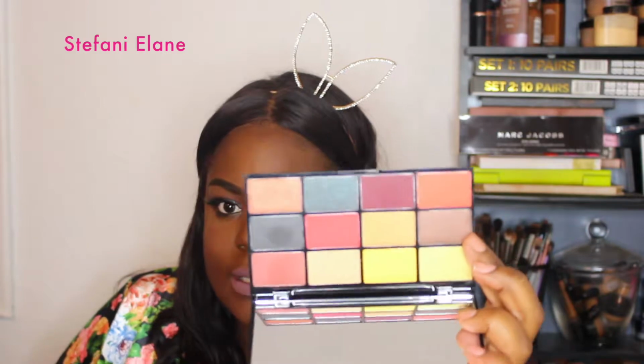But anyway, this palette was gorgeous. I feel like the pigmentation was really great for the price. I'm trying to think how much this palette was. I think it was like 20 or 30, but compared to some of the other palettes they have, this one shined. I loved how big the pans are for the eyeshadows. I feel like they really gave you your money's worth, and the colors were really gorgeous. They gave me enough glitters, and